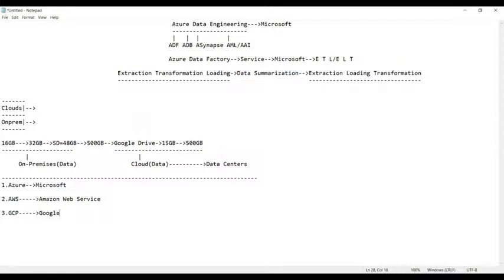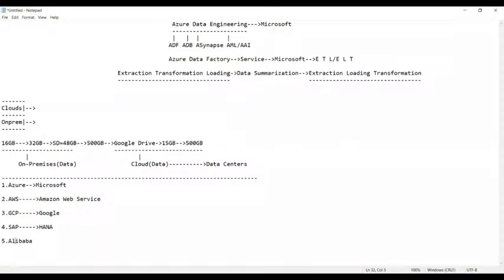Apart from this, we also have SAP. SAP has come out with their own offering, which we call HANA. And now, guys, apart from this, we have many more. Alibaba is there, based in China. Can you see here, many more cloud providers? But as we have many in the market,